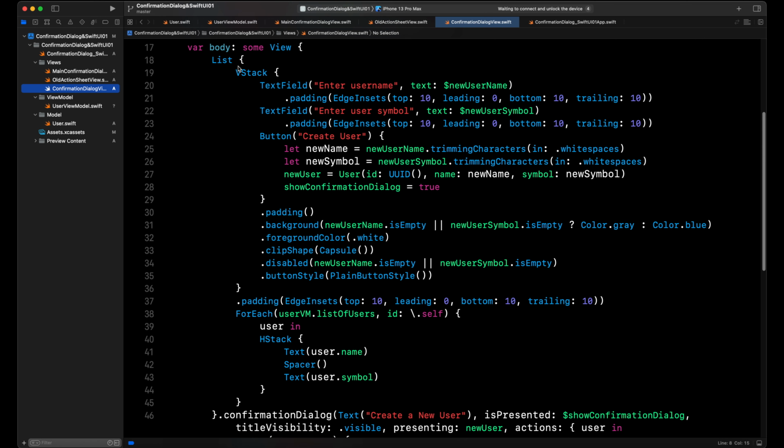Next, we have a list. Inside the list, we have a section tag and for structure. Let's start with this tag. Inside this tag, we have two text fields and button. First text field for input our username, second text field for set our user symbol, and also we have a button. With this button, we will create our new user object and also set a command for display our